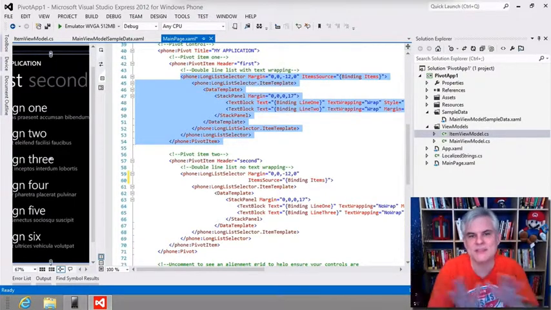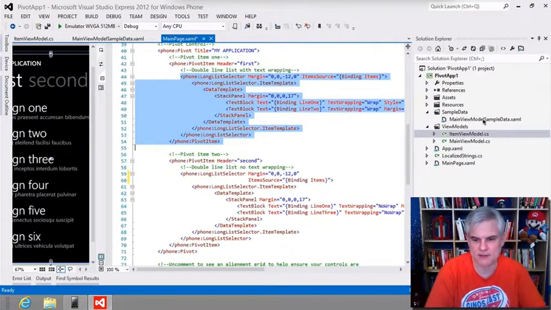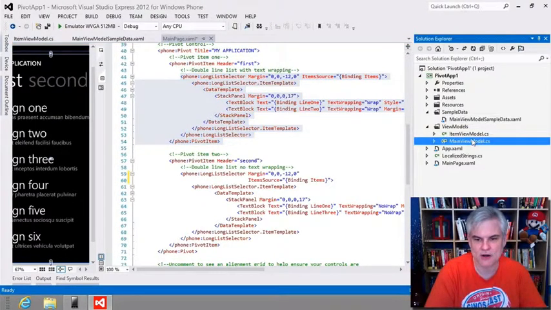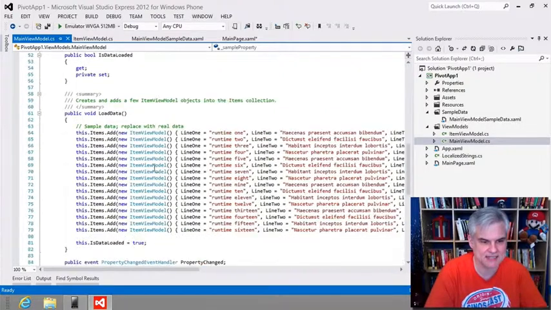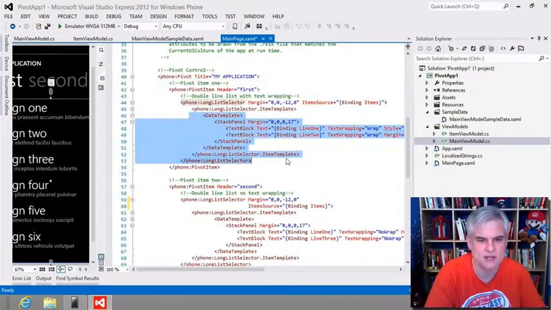So to recap, in this lesson, we learned about the features of the Windows Phone project templates, the Databound template and the Pivot template, and they share almost identical features. They both data bind a long list selector to a data model that's populated with data at design time from an XML file and at runtime inside of our main view model.cs load data method. All right, and not only is the data bound to controls inside of a data template like we see here, but the